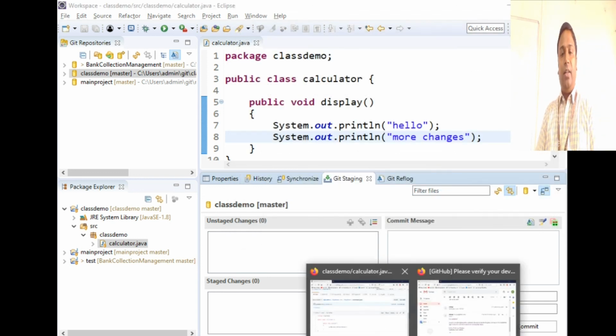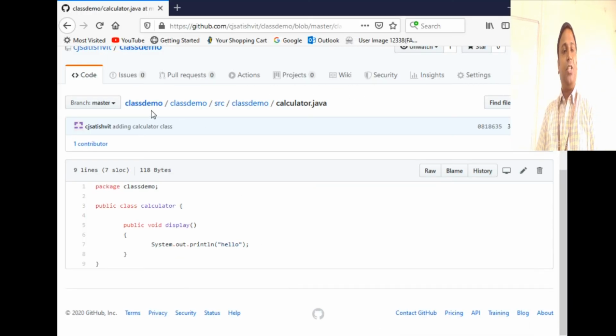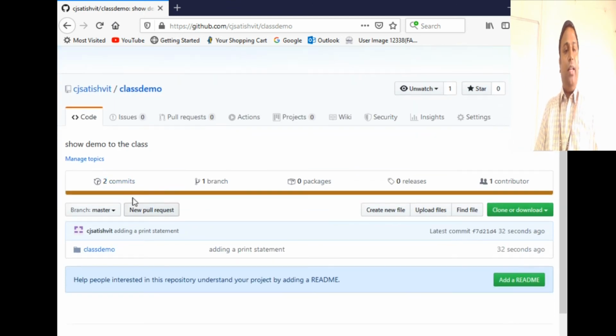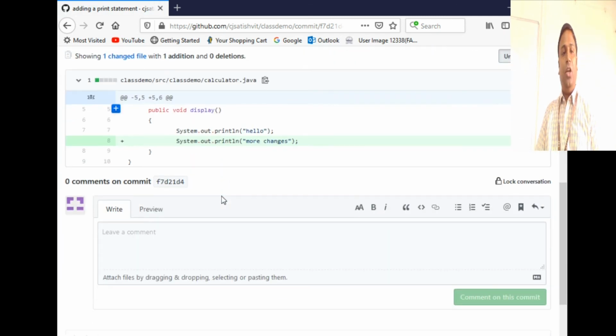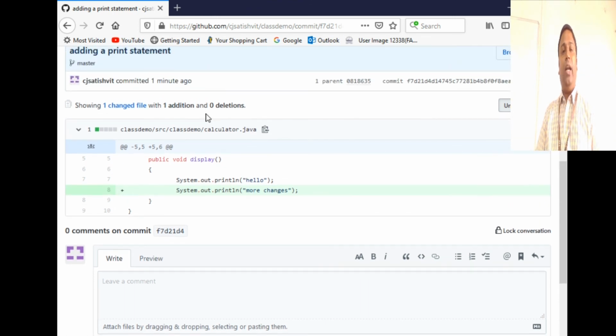Now we'll go and check our class demo on the server, whether that change got there. It says 2 commits. What are those 2 commits? We can go and see who has committed. The user CJ Satish has committed 2 times, and you can also go and view the changes that he has made, the code changes, the difference. If you go and see, it very well shows what has been changed. So this is one addition.